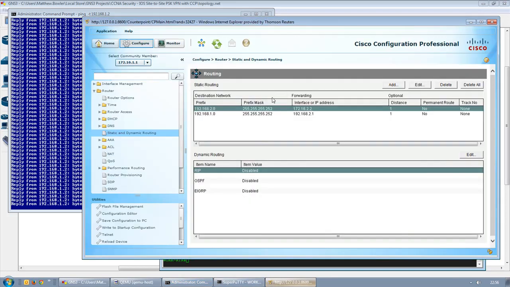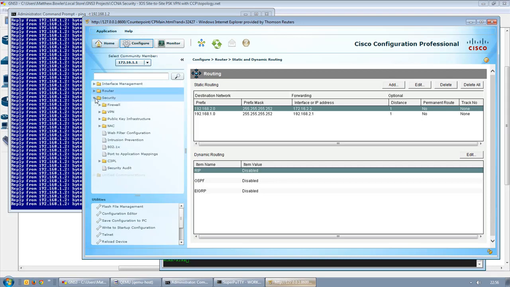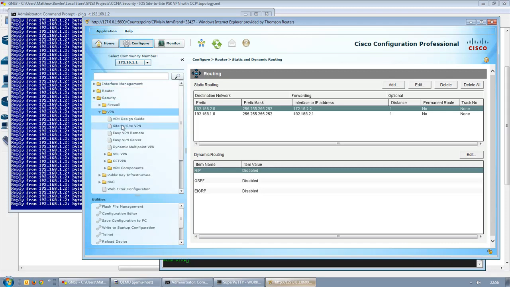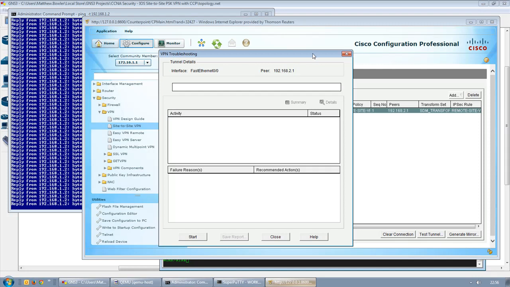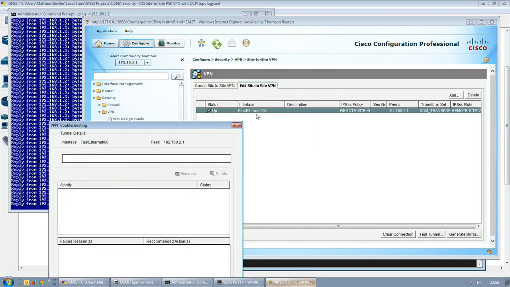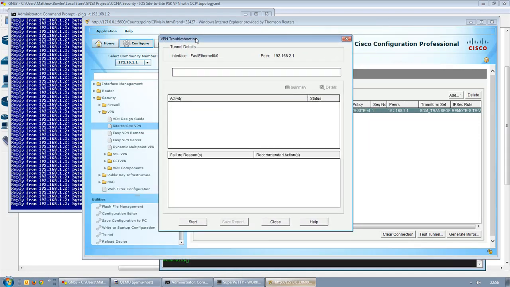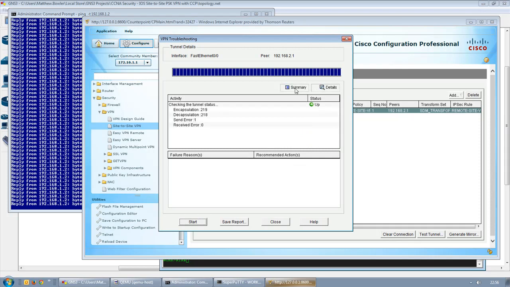according to the CLI. There's a way that you can actually verify the VPN itself using the CCP. We do that by going back into the VPN subsection here, the site-to-site VPN, and you can see that the tunnel is up. We have the ability to test the tunnel by selecting, if you have multiple tunnels, the line item you're interested in and then clicking test tunnel. It'll pop up this little VPN troubleshooting window. And when I start the test, it will go through, oh, okay, the tunnel is up, so it's not going to go through. Let me